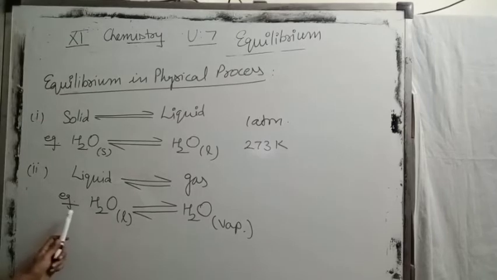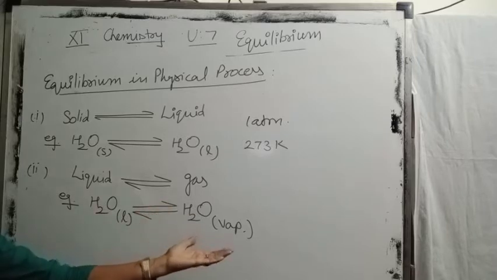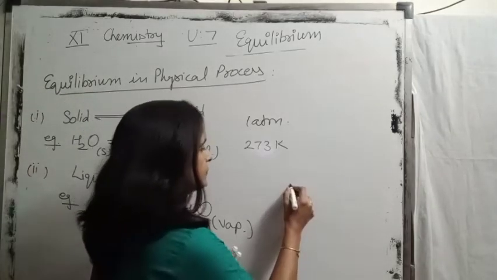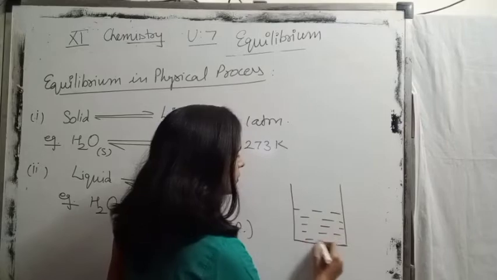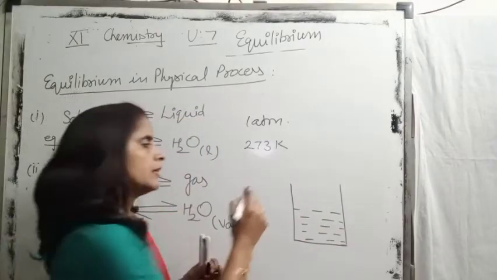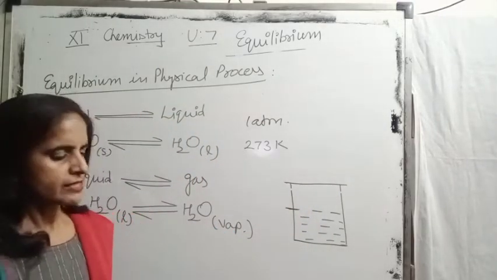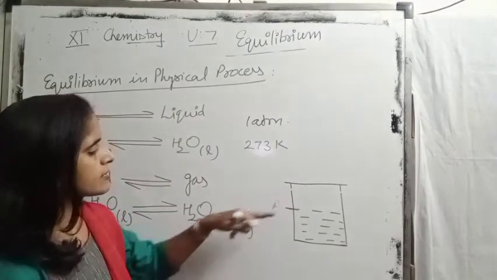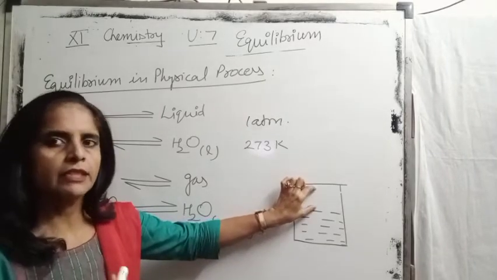Yes, Peter. Now the second type of equilibrium is liquid-gas equilibrium. For this we are taking the example of conversion of liquid water into vapors, and vapors converting back into liquid. A very simple experiment we can perform. Take a beaker with some amount of water. Now close this properly and note down the level of water. Suppose initially the level of water is present up to this mark. Now this space is vacant, an evacuated container.